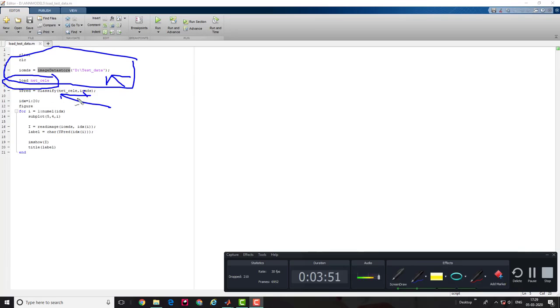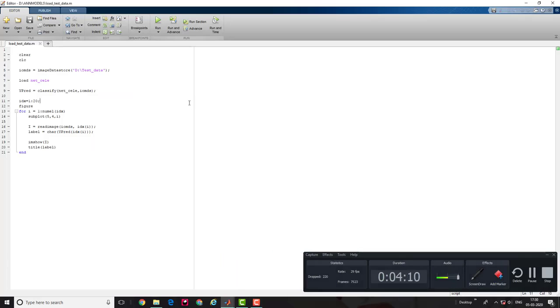YPredict holds the predictions for each image, and I'm using 20 images for validation, so I'm going to visualize the corresponding labels of those 20 images. So let's move forward, guys, and hope it works well.